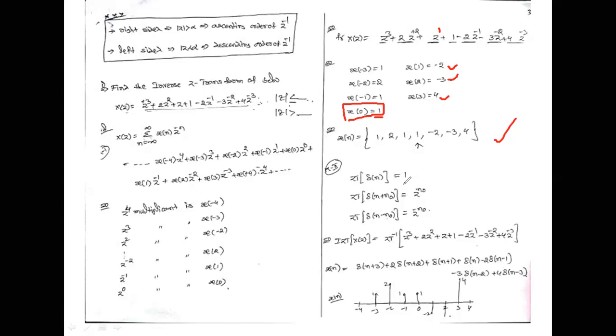The transformation of delta of n is equal to 1. The transformation of delta of n plus n naught means it's a shifting function. So for the shifting function, you can write z power n naught, whatever the number of samples shifted. N plus means that we get the positive powers of z because it is shifted towards the left side. N minus n naught means it is shifted towards the right side with the negative powers of z, z power minus n naught. And you have to write down by using this sequence